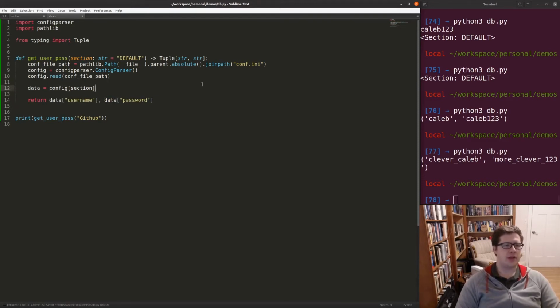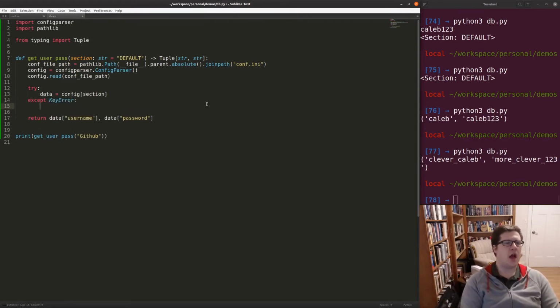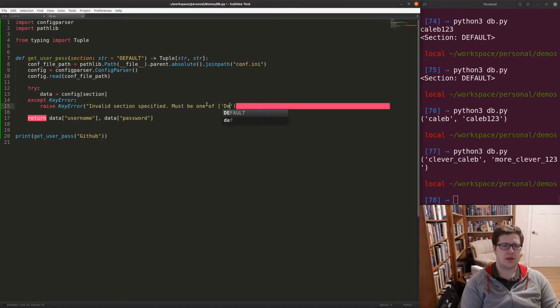And what we want to do is we want to say, okay, if we're going to try and do this, but if this section is an invalid section, then what we're going to do is we're going to say except, and in this case, this should be a key error. If this isn't a valid section that you've selected, we're going to raise a key error that is going to say something like invalid section specified must be one of, and then we're going to print out, I guess this is going to be default,